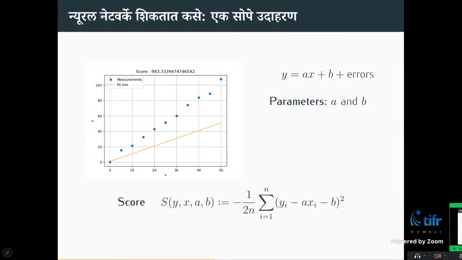तो ये उसको पता चलना चाहिए. So the machine should learn which way to change A or B. It will try to change A or B slightly, hopefully to improve its score. So it will change A and B somehow. We'll see how. Then again, this tester, whatever exam board, will come and give